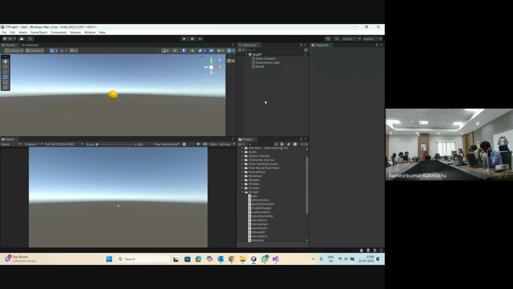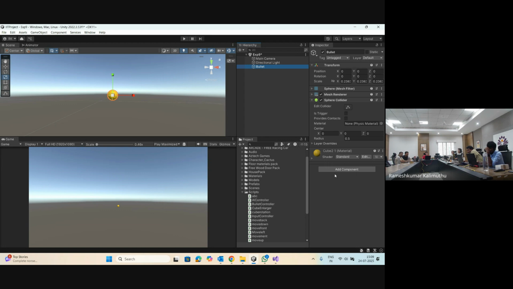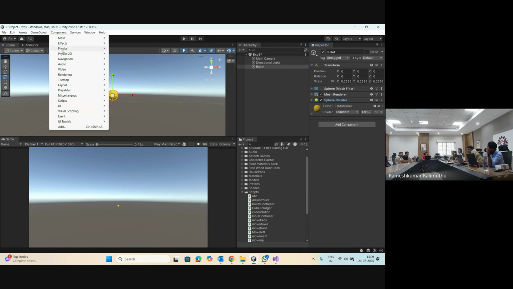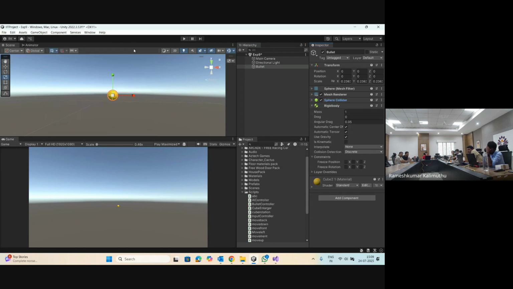So the first functionality is you have to make your bullet move forward first. That can be achieved using Rigidbody.AddForce also. That is also possible. So now select the bullet component physics, add a rigid body